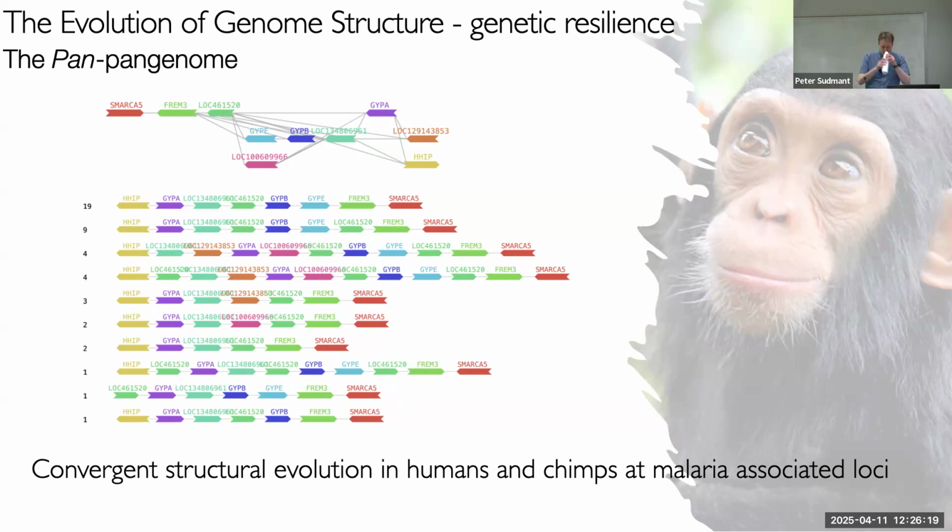Balancing selection should be something you can test, but how can you do that with such complexity of data? It's not just simply looking at mutation rate and scaling back in time. Do you have any idea how we identify whether it's convergence or balancing selection? If you're able to date the duplication, then you can potentially answer this question. So the question for you is whether you have thought of a way of dating the duplications. Yes, we do, and we're working on it, but it's not done yet.